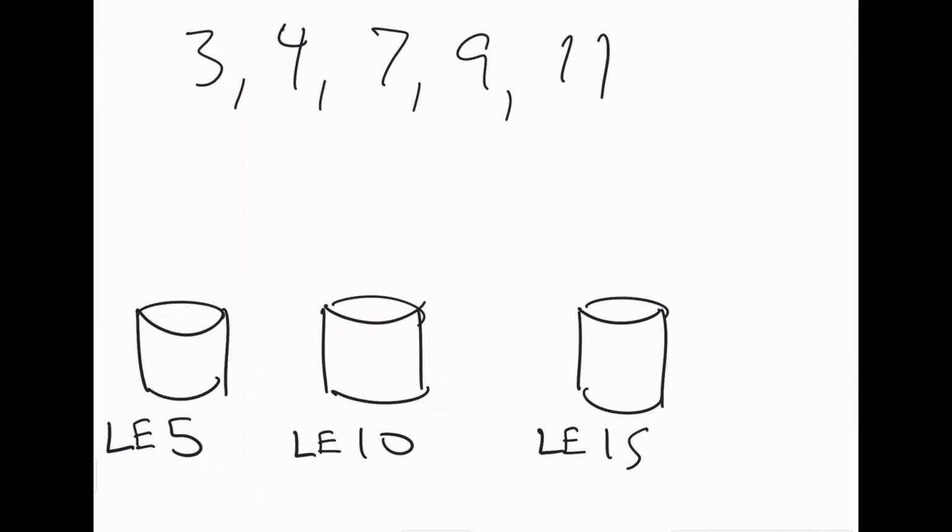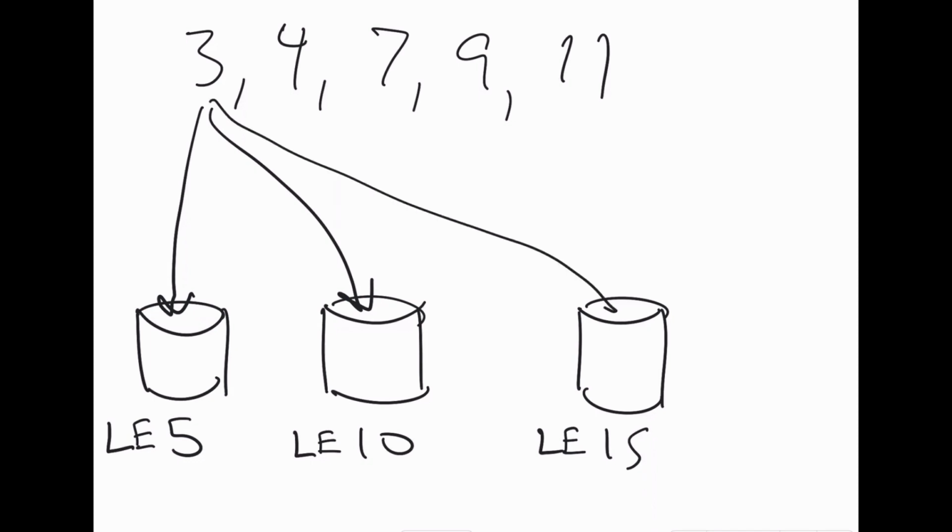So when we do less than or equal to type buckets, things work a little bit differently. So let's take the number 3. Is 3 less than or equal to 5? Yes, it is. Now, is 3 also less than or equal to 10? Absolutely. So 3 actually goes in this bucket too. And because 3 is less than or equal to 15, it also goes into the less than or equal to